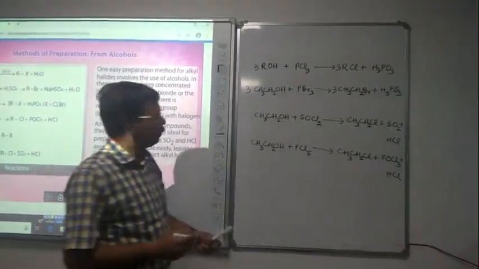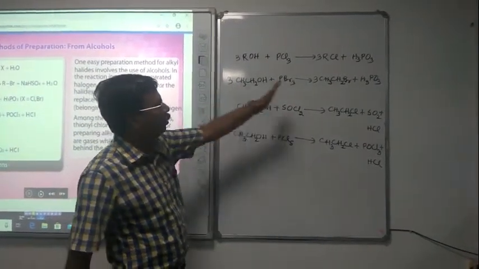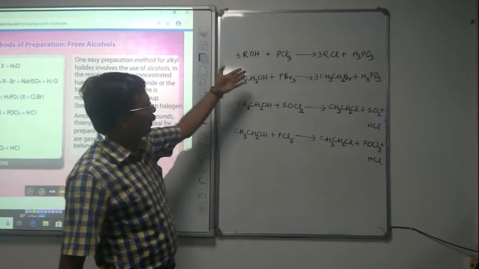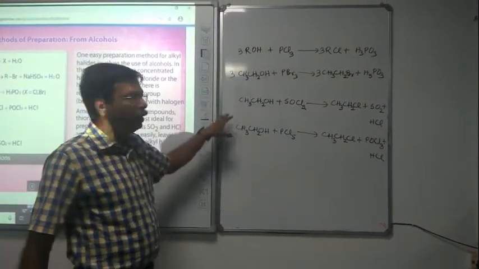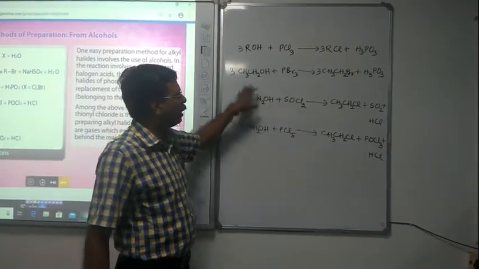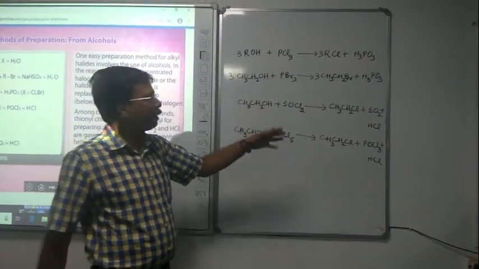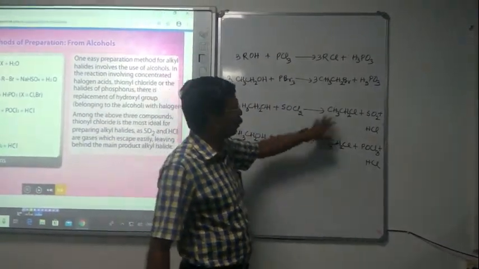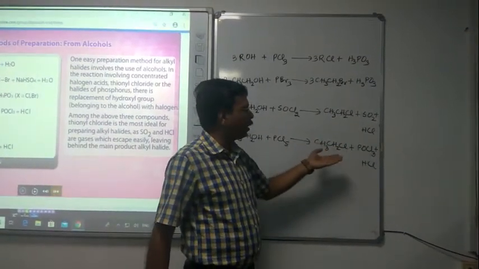Now you mark, basically for the preparation of the chloro derivative from alcohol to the alkyl chloride, we can take PCl3, we can take PCl5, we can take SOCl2, but out of them, SOCl2 is preferred as a halogenating agent. It's the best among them. Why is it so? Because in every reaction, along with the main product, we have some side product, some other product that we are getting.